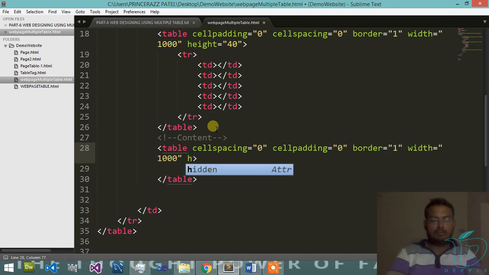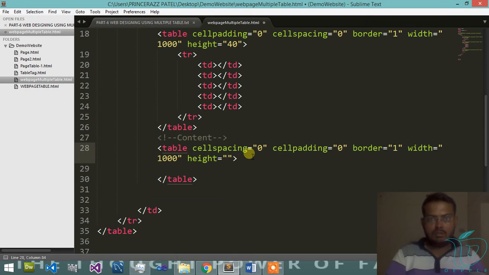We provide a height in our content page, but when we design a full web page, then we can't provide a height for the content page, because the content has lots of things, and the things have some height, so the content automatically expands its height. Okay,